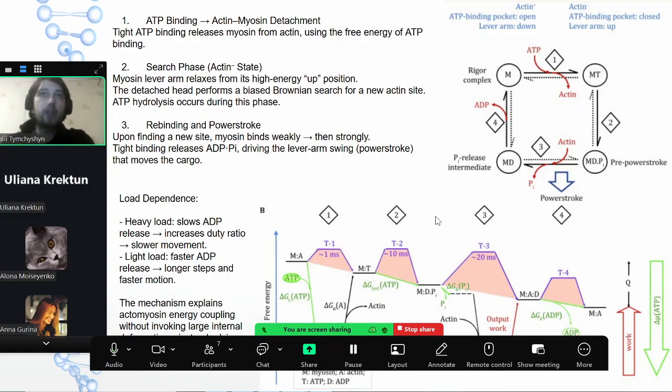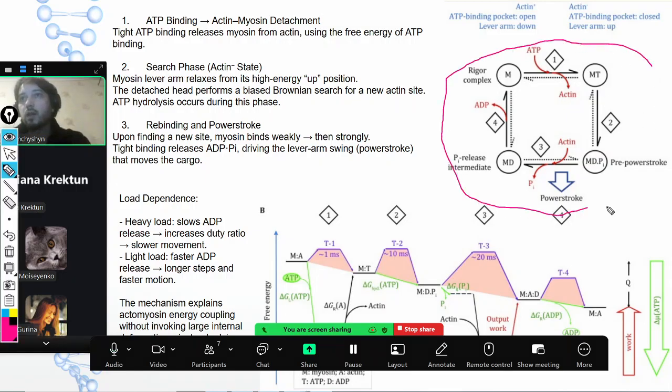Myosin lever arm relaxes from its high energy up position, and the detached head performs a biased Brownian search for a new actin site to bind to. ATP hydrolysis occurs during this phase. Then you have rebinding and power stroke. Upon finding a new site, myosin binds weakly, then strongly, and tight binding releases ADP and inorganic phosphate, driving that arm forward. So here is this image, this square shows us all the states that we have,